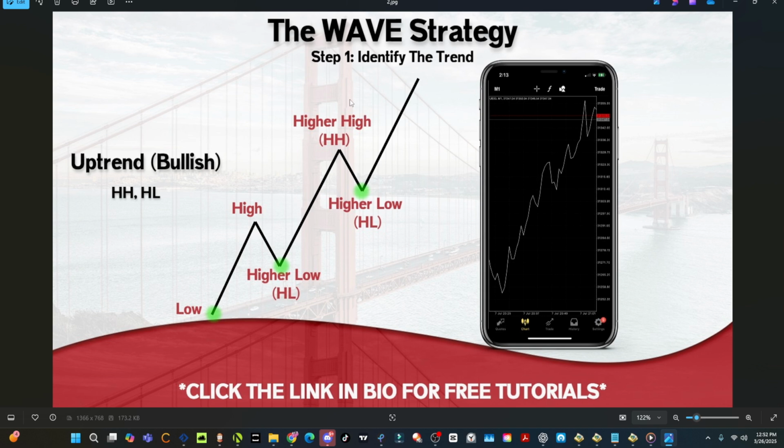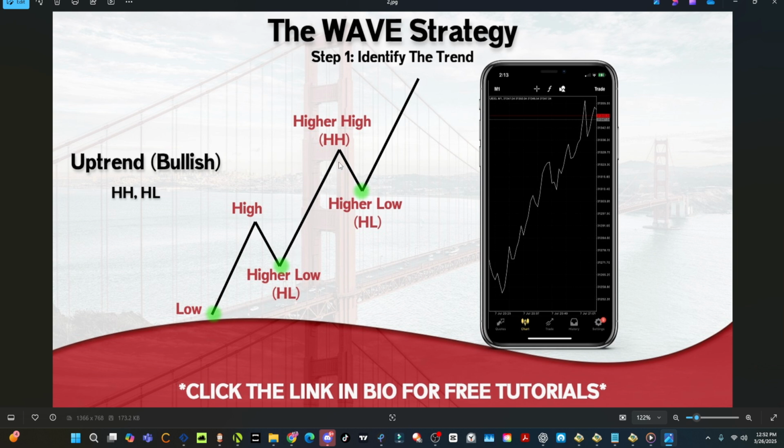So what we're looking at right now is the first step of the strategy that we use inside of the actual university. When the market is going up, we call this an uptrend, or some people might call it a bullish market. If you watch the lesson on candlesticks, a candle that is going up is called a bullish candle. Same thing, if a market is going up, that is called a bullish market. This is what the market looks like when it's going up. I'm going to explain it to you, then I'll show you real life examples. So the market, it'll start low. It'll make a strong move up. It will retrace just a little bit, and then it makes another strong move up.